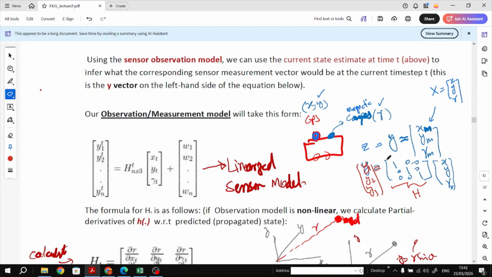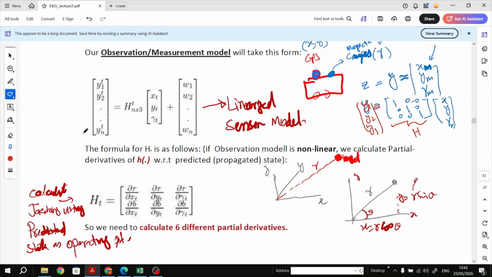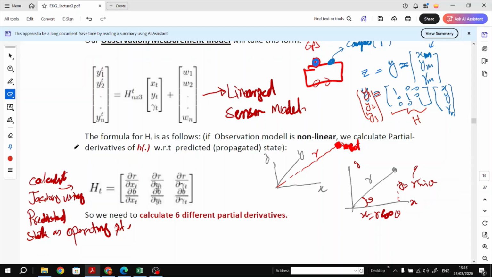But what if you have a sensor which is not directly giving you your state variable, which is not directly measuring your state variable? For example, you have a robot which has a sensor, let's say a lidar sensor. You have a robot over here, and then this robot is